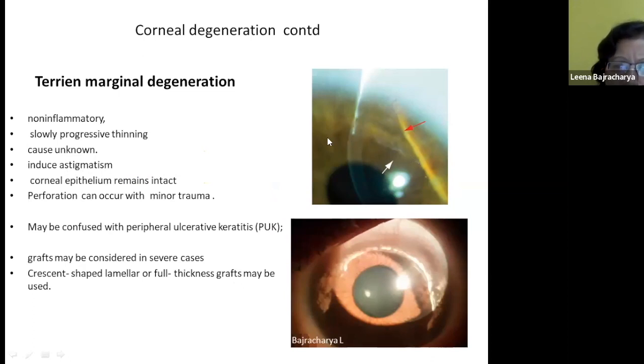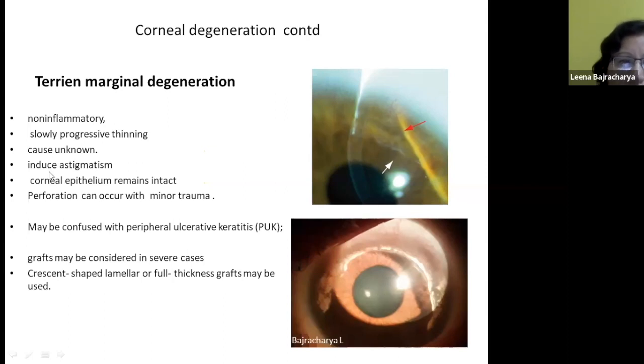Sometimes this may be confused with peripheral ulcerative keratitis. The distinguishing feature is that in Terrien's marginal degeneration, there is no pain, no redness, no photophobia, no epithelial defect, whereas these are present in PUK, and in PUK there may be systemic associations like rheumatoid arthritis, SLE, and so on. And treatment is not required, but